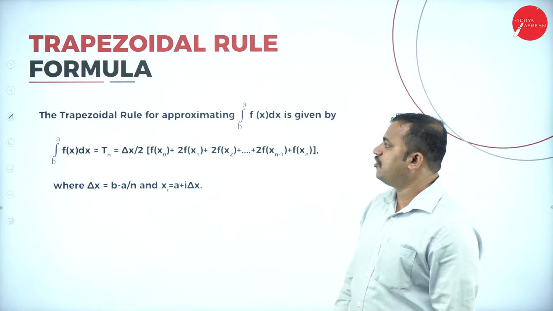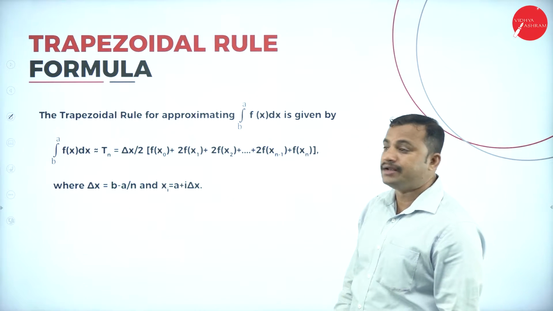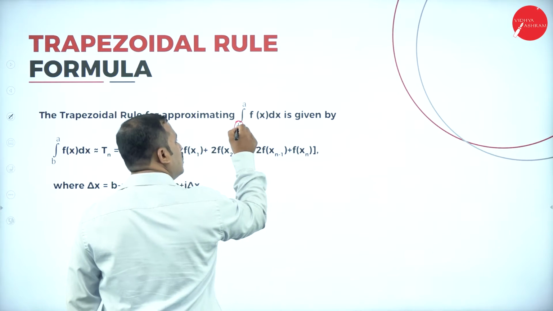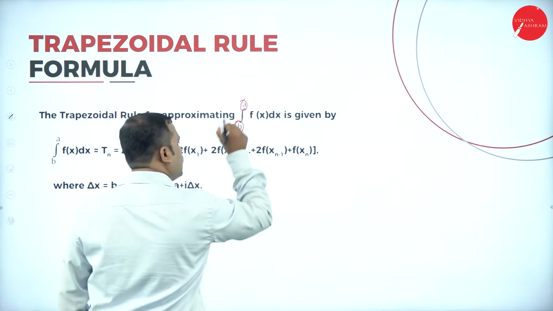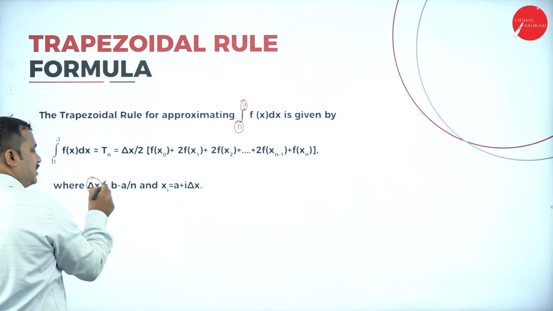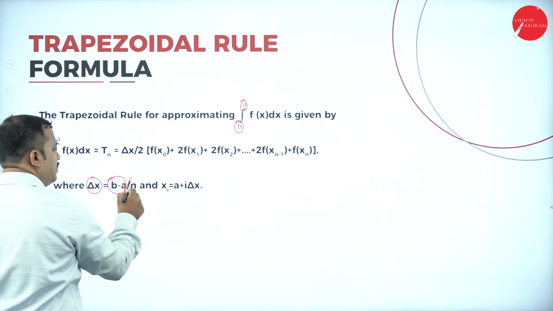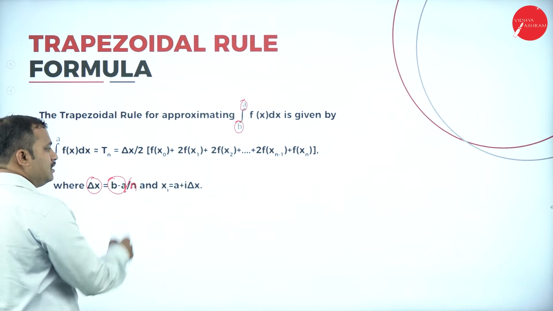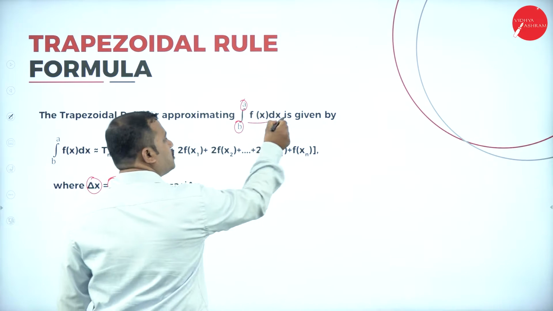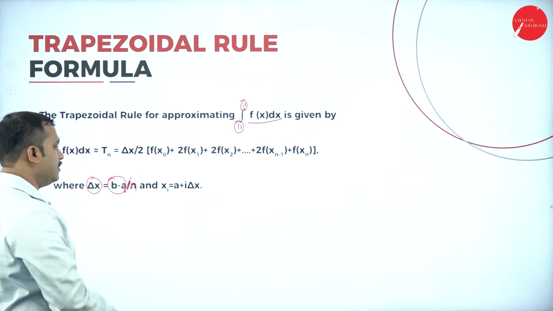What is the formula for the trapezoidal rule then? This is the formula. We have an integration where the lower bound is a and the upper bound is b. So we will find delta x, that is equal to (b minus a) by n. That gives me the range of values between which the integration of f of x dx is to be done,